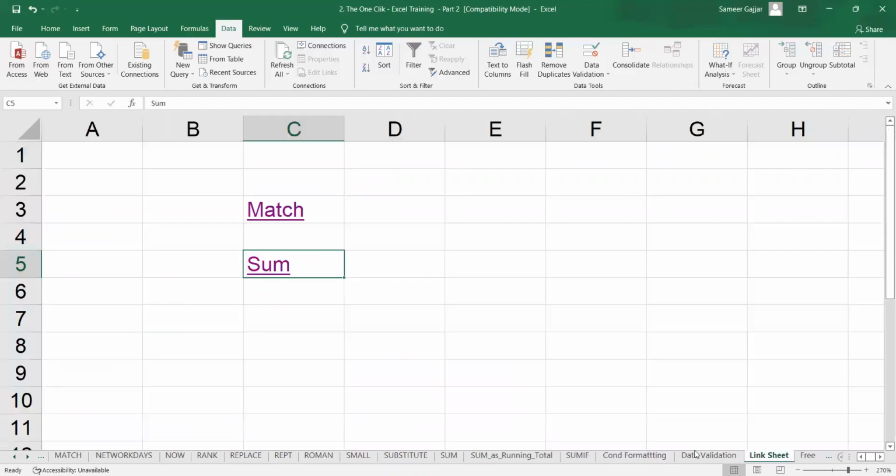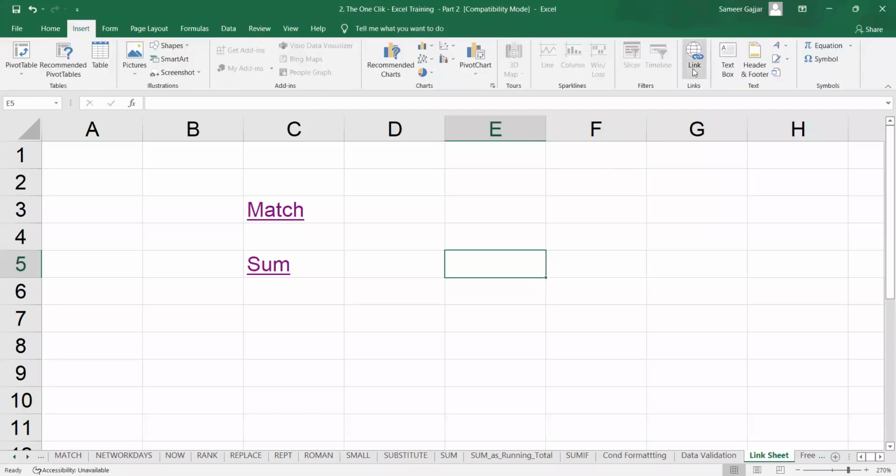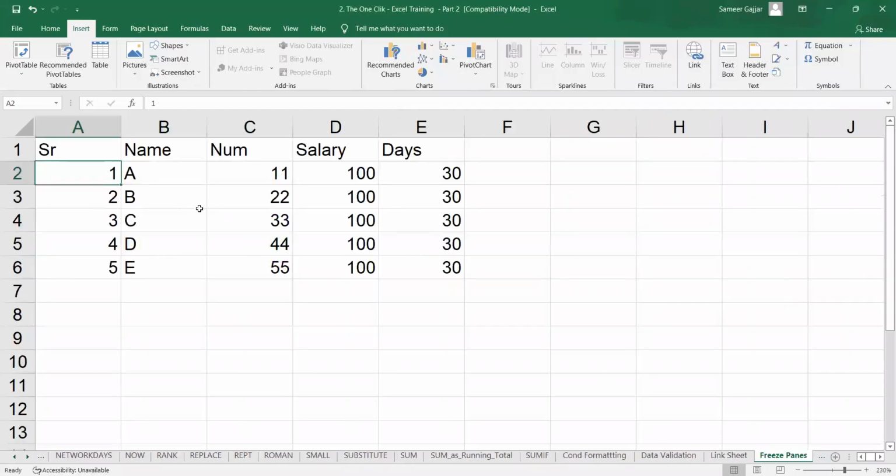So if you want to link this Excel sheet, again यहाँ पे भी आता है, insert पे जाओगे ना, click on insert, एंड यहाँ पे भी लिंक आता है, तो यहाँ से भी कर सकते हैं. ठीक है. And freeze pane whatever,